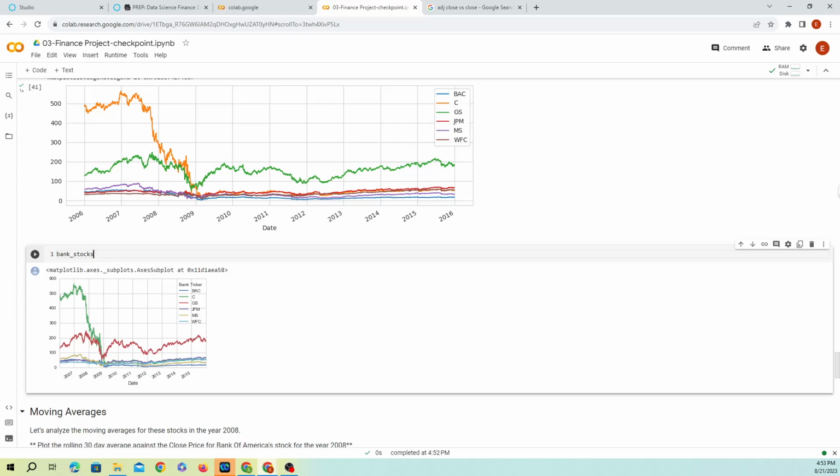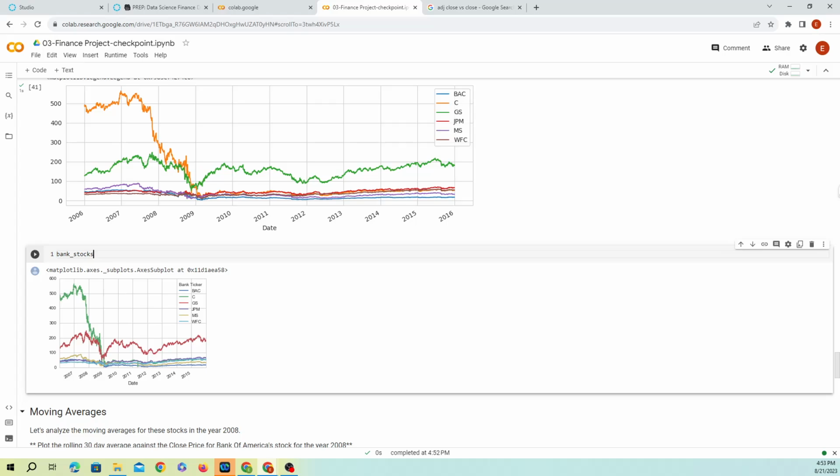Remember, the level is the stock info, and we're going to do a plot, and we're going to do the figsize equal to 12, 4.